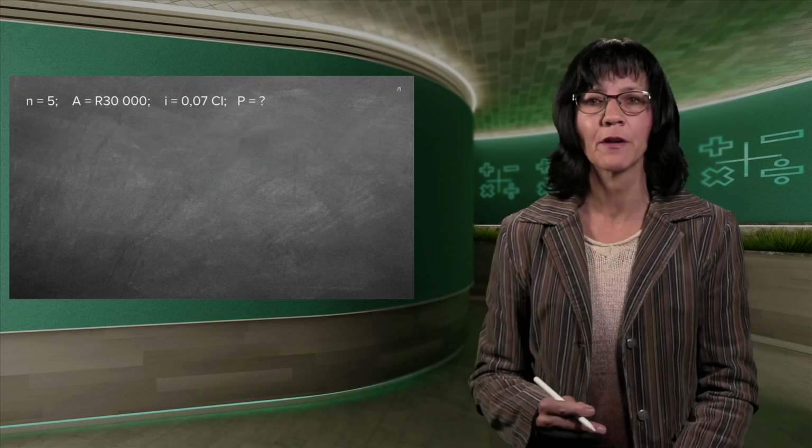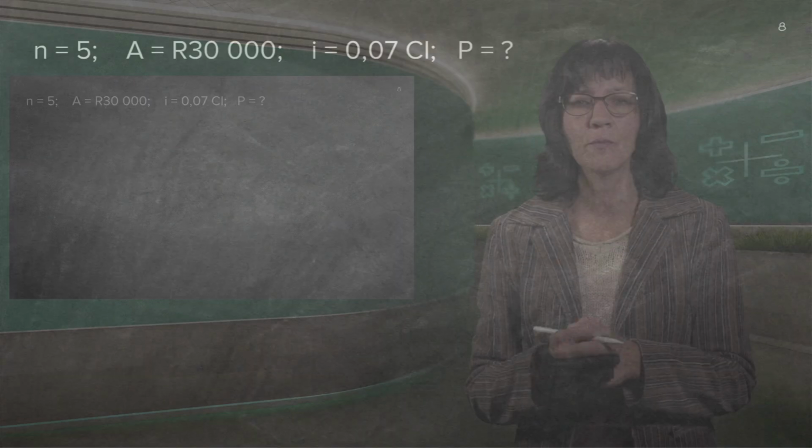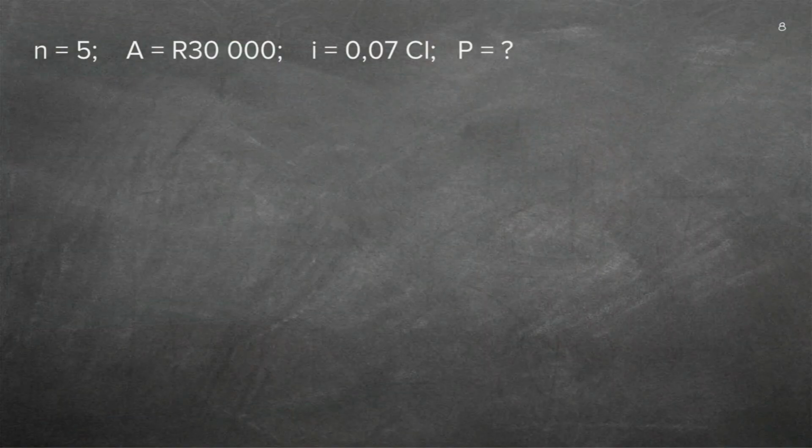So what do we do? Let's just go there where I've got space. There's all the information written down. You see it's always 4 things. 3 are known, 1 unknown. It can't be any different. That is how you do financial maths in grade 10 and in grade 11. So let's just write our formula down.